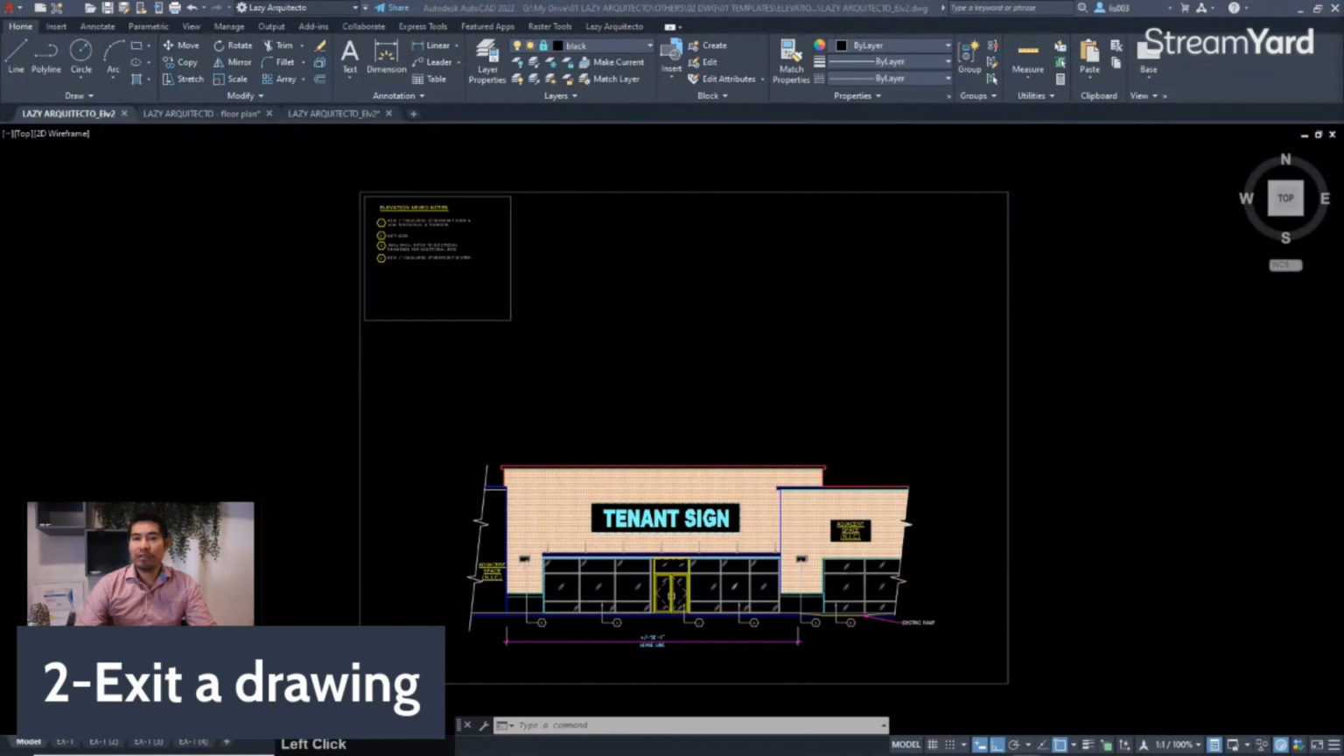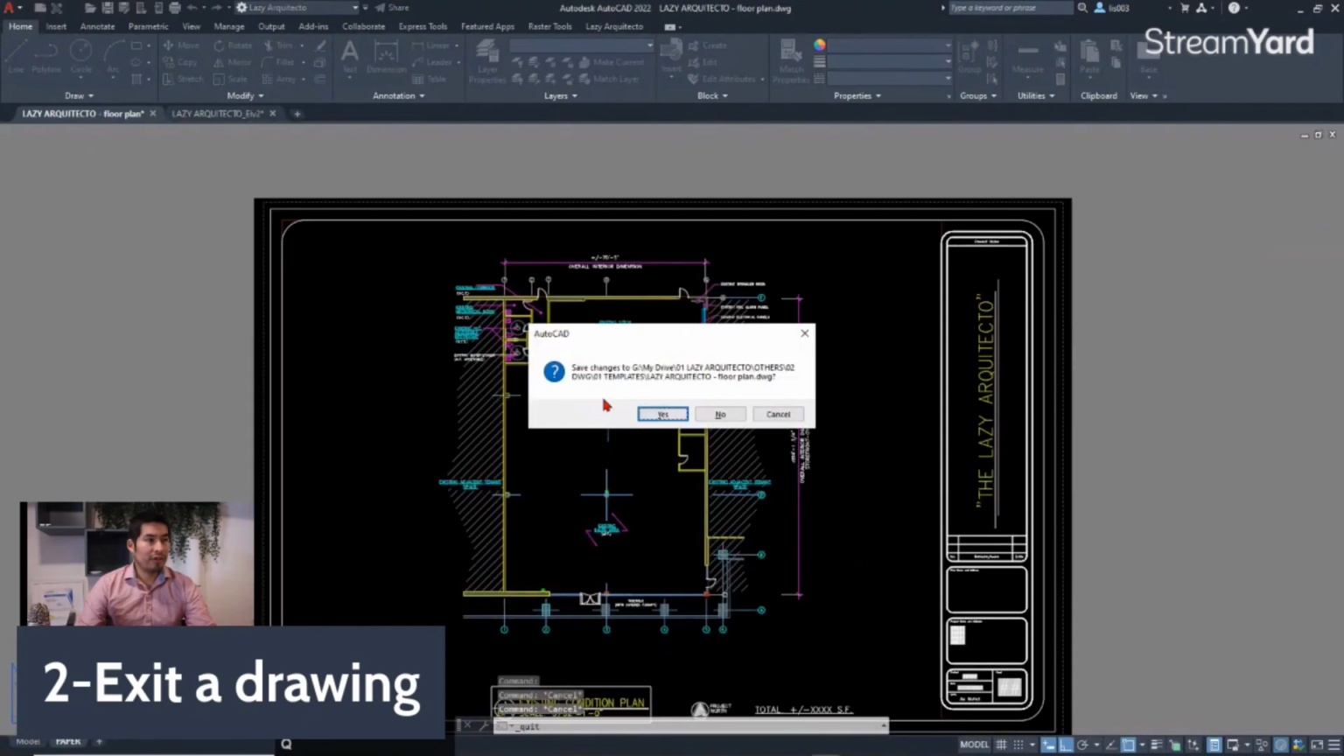And the next one is to exit a drawing. So to exit a drawing, the useful keyboard shortcut is Control Q. So once you do that, you saw that the other drawing closed automatically, and this one will ask you if you want to save the changes or not. Of course, here you could simply say yes or no depending on your needs, but the Control Q shortcut will exit